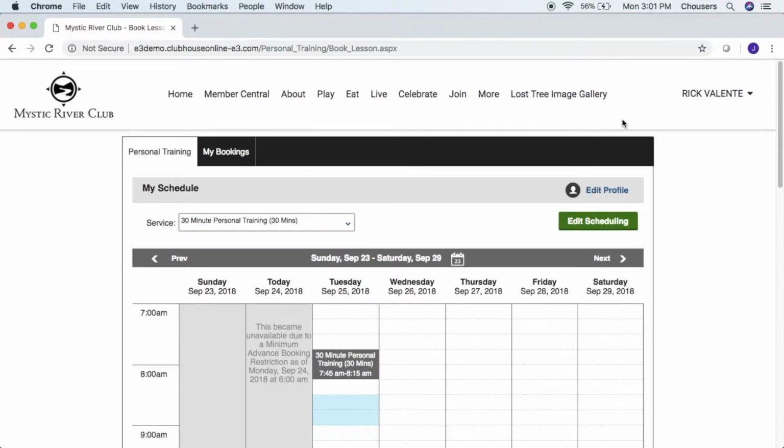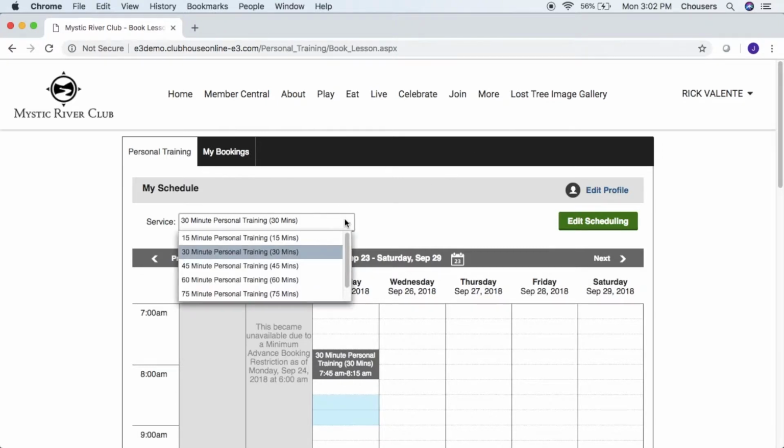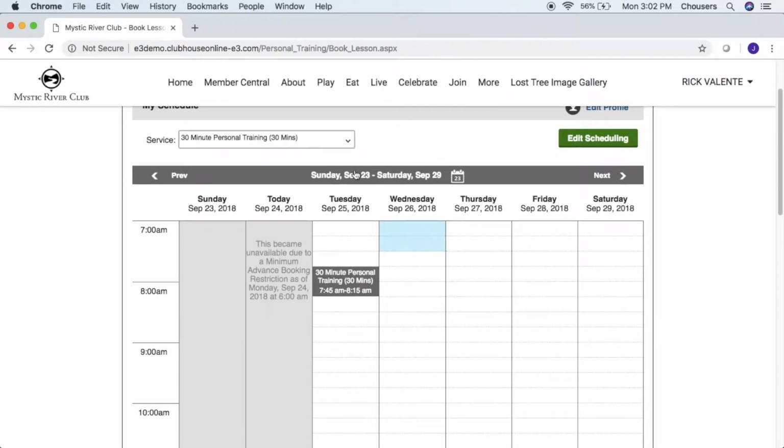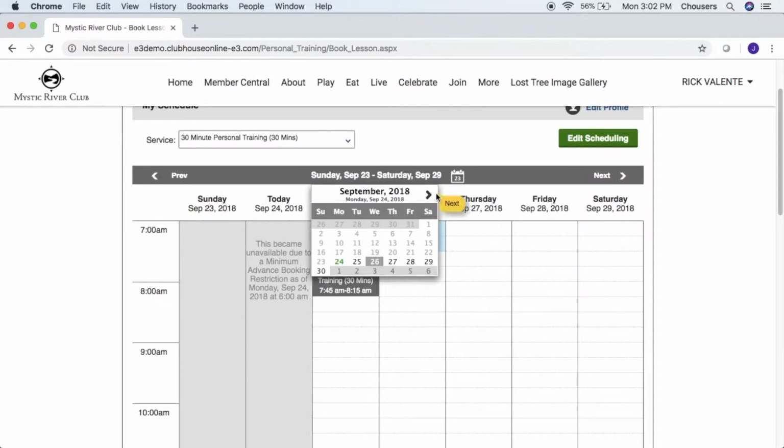Now we're going to go ahead and look at how we can make a booking on behalf of a member. The first thing we'll want to do is pick our service through the drop-down menu here. Then we can navigate through our calendar by scrolling down. We can navigate to previous and next week's, or click on the current week and go out sometime in the